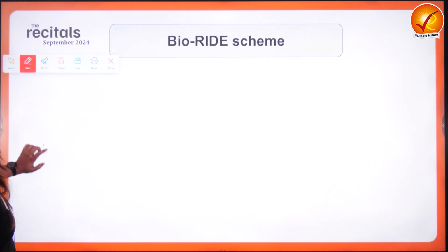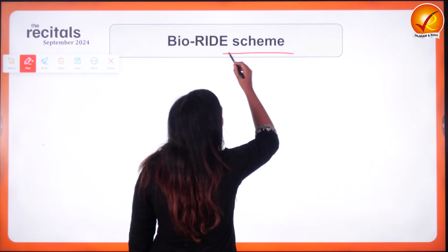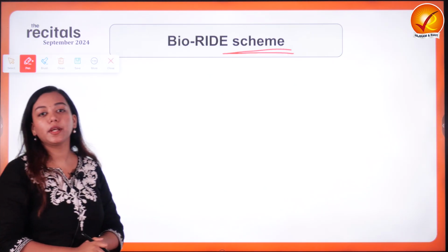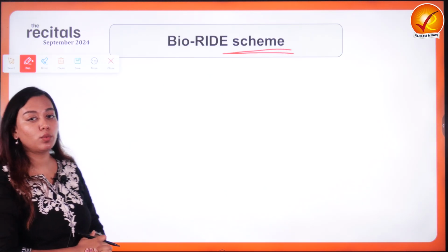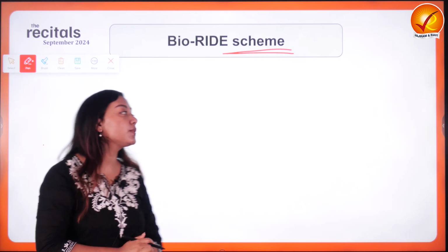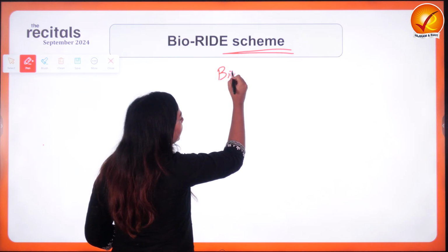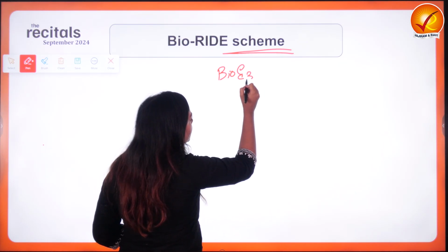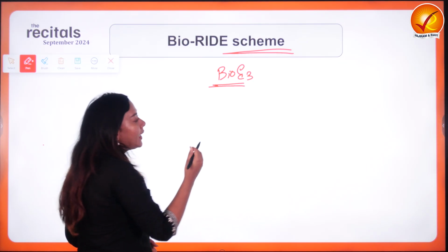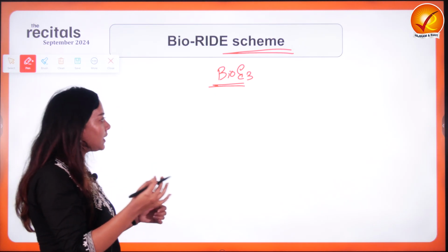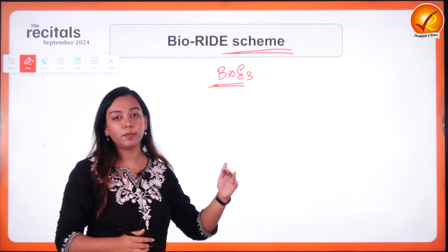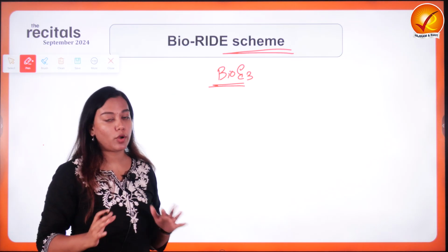Now, we've got another scheme for putting an impetus towards biotechnology related manufacturing, innovation and processing in India. This is with the name of BioRide scheme. So in the first topic, we've read about the Bio E3 policy, which also aims to provide biotechnology applications in the different domains of economy, environment and employment.